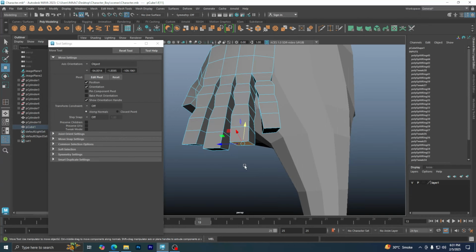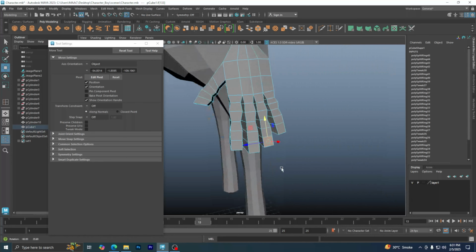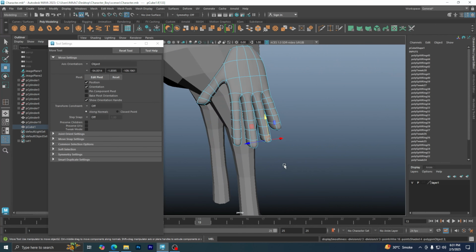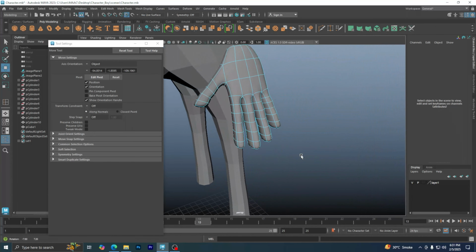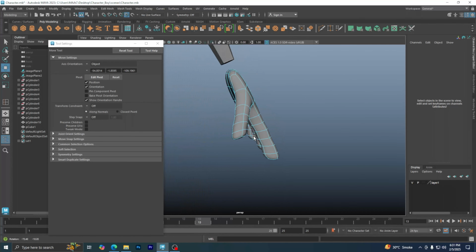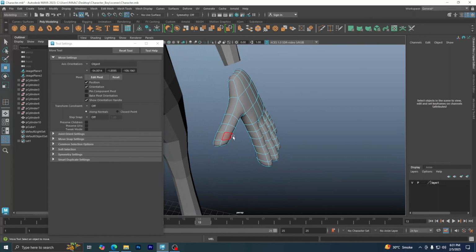In the same way you can do this for this ring finger also, but for now I will keep it as it is. And now press 3 so that you can see a variation in the finger size, and if you want to do some changes in the thumb also, you can do the same,